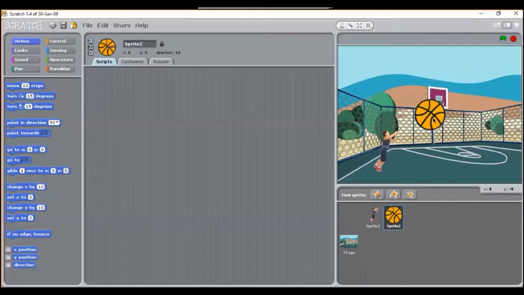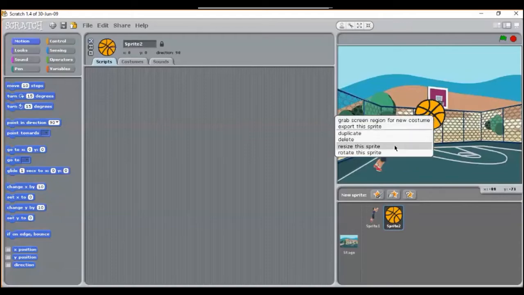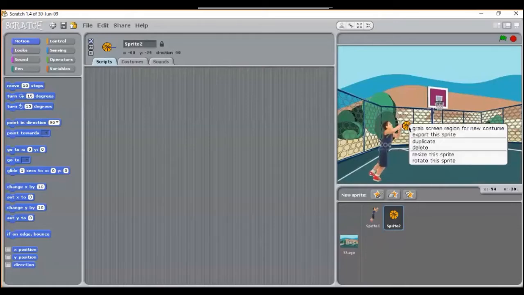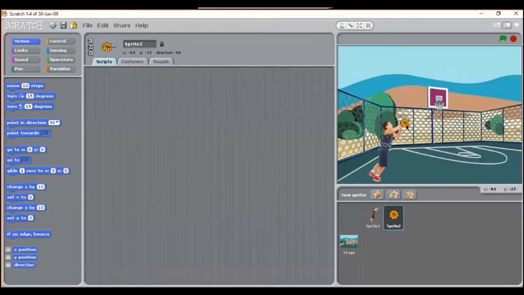Again, the size of the ball is too big, so I'll minimize it. I'll right click on resize sprite and drag this inside. I think this is sufficient. Now this ball will be in the hands of this boy. Here I've kept it. As compared to the ball, the boy size is too small. So again, I'll resize it. I'll make it a little bigger. Now it is perfect. Now this boy will throw the ball in this basket and the ball will come down